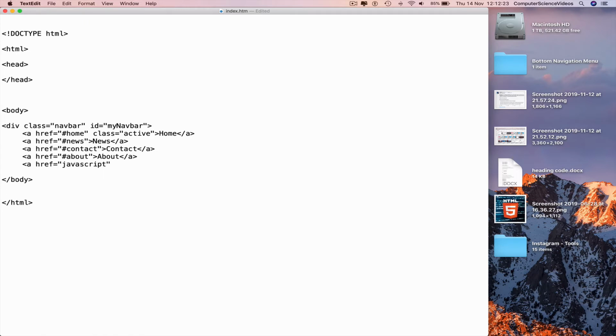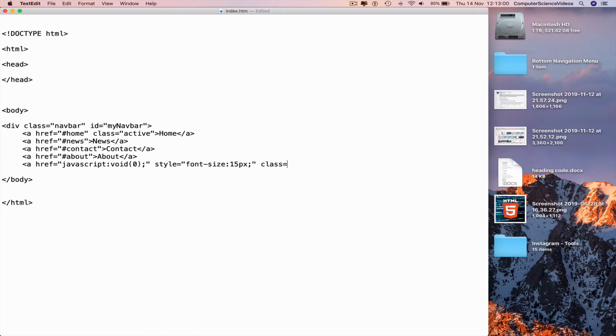JavaScript colon void parentheses 0 semicolon, style equals speech marks font size colon 15 pixels semicolon,